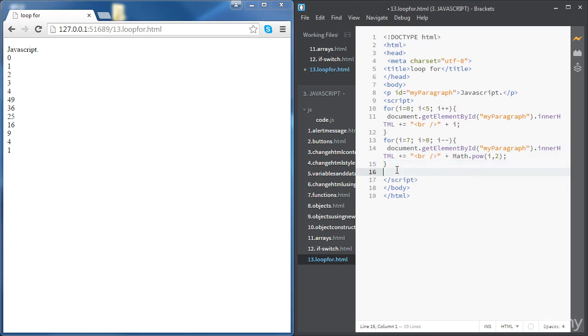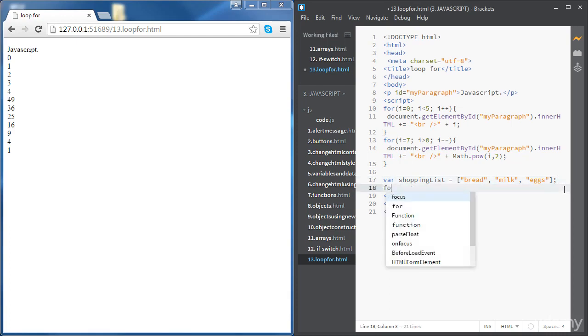This time let's use an array. So let's define an array. Let's go back to our shopping list array. So let's go for bread, milk, eggs. So this time we would like to add to our paragraph the item values of the array, each following a line break. So all we're going to do is going to be for,